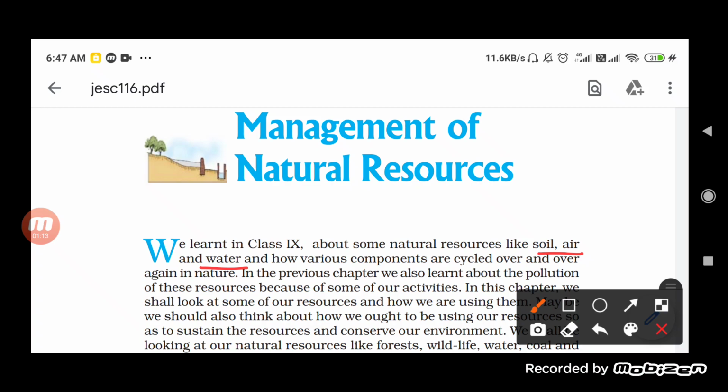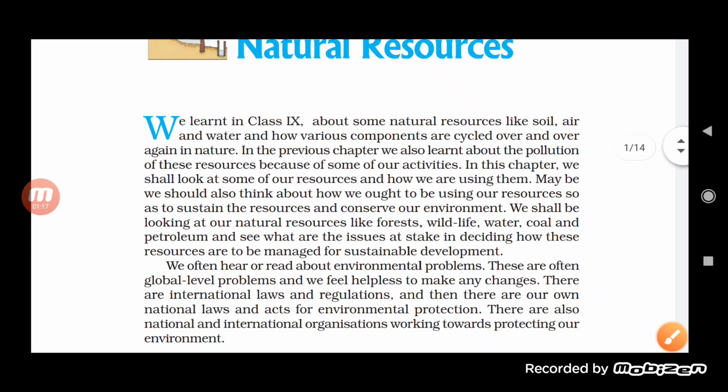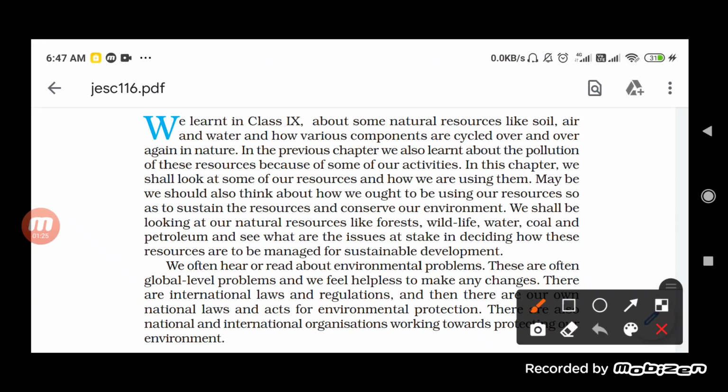There are other natural resources also, students, that we use. We have understood about forests, wildlife, water, coal, petroleum. These are some of the natural resources which are really very important for us. So in this chapter we are going to look at these natural resources, as well as try to understand